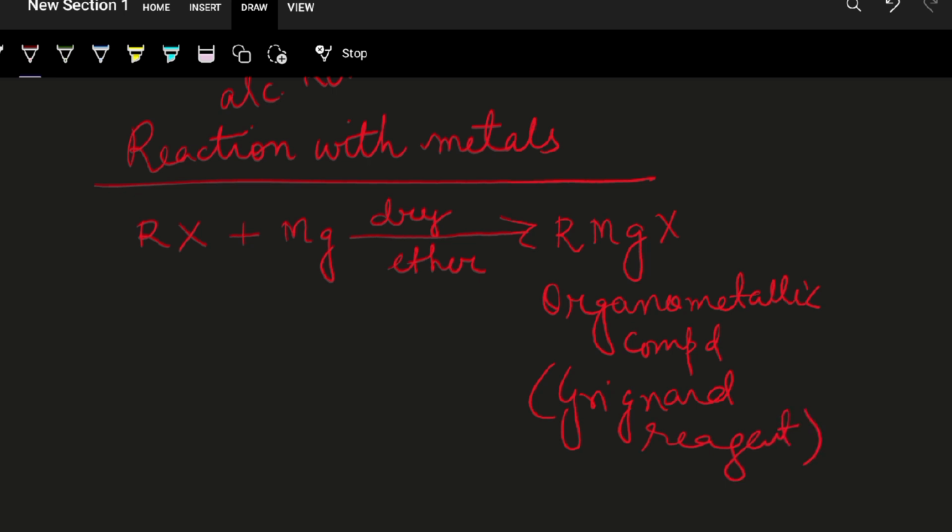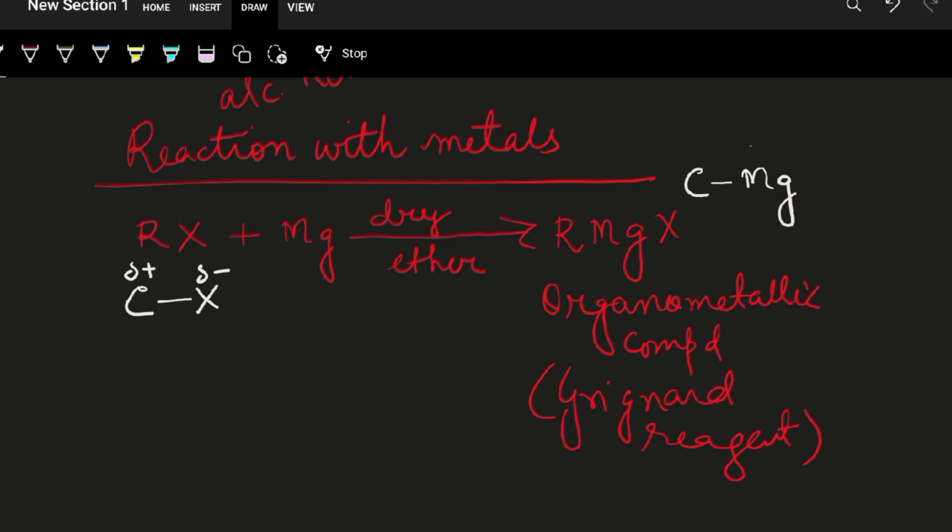Now, there is a speciality about this reagent. This Grignard reagent has a beautiful speciality. What is that? See, in case of alkyl halide, there is a bond between carbon and halogen. Halogen is more electronegative, having a partial negative charge, for which the carbon end develops a partial positive charge. Now, in case of Grignard reagent, where there is a bond formation between carbon and magnesium, being much more